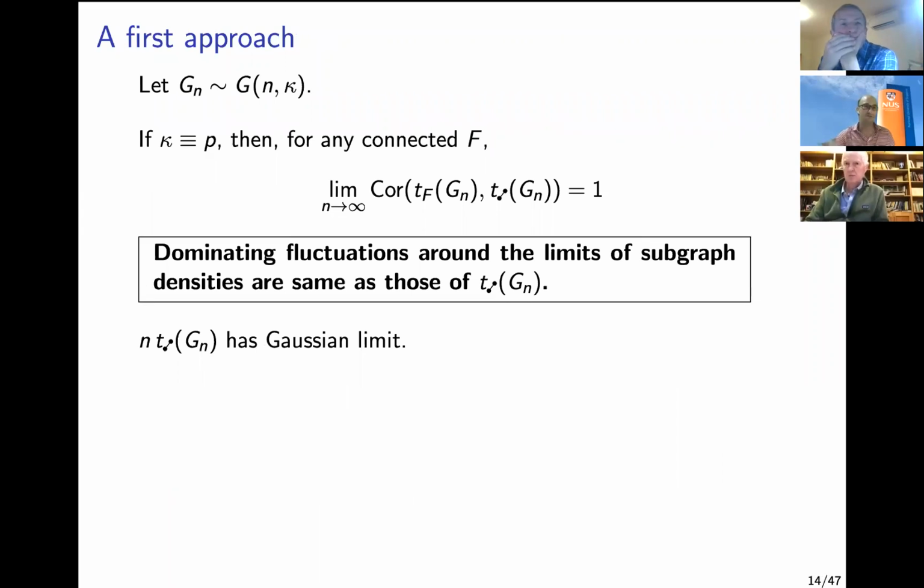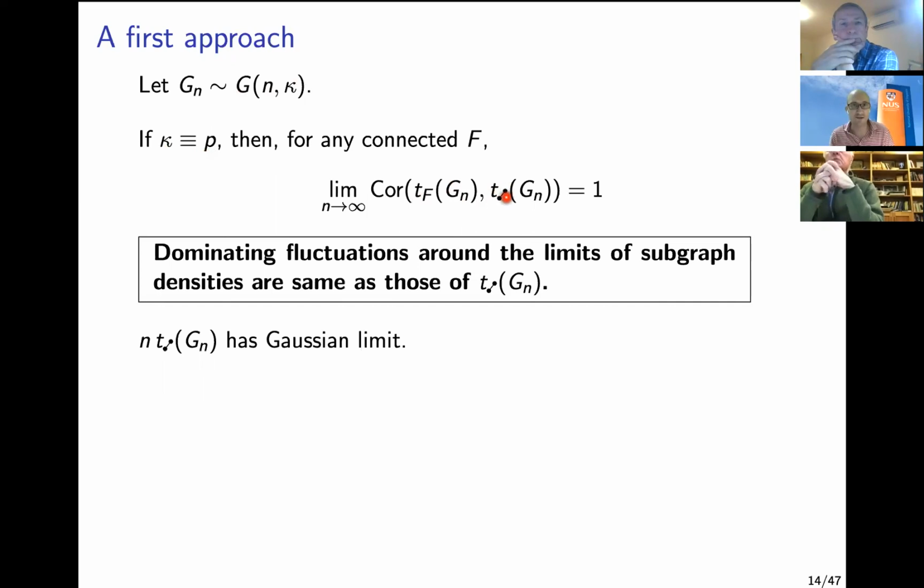So let's start in one place and see what we can do barehandedly. Let's start again with this graph here. I give you a kappa. Now we fix kappa to be constant first. So that's the Erdős–Rényi random case, but later we'll look at the general case. Let's think of this workhorse model of dense graph limit theory and focus on the case where kappa is a fixed p, the Erdős–Rényi random graph. Now, for any connected f, we can show that the correlation between the subgraph density of f in Gn and that of the edge density